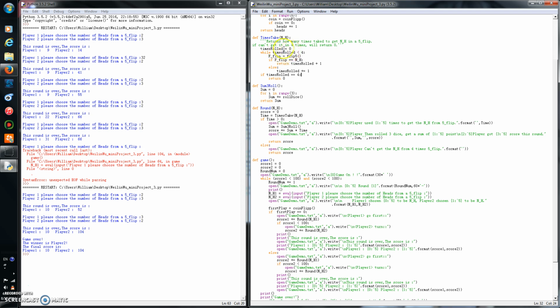I initialize time roll, and every time, time roll plus 1. Once I get the time roll, I can